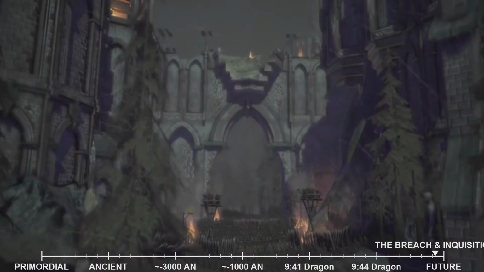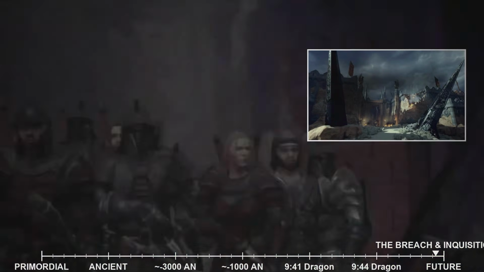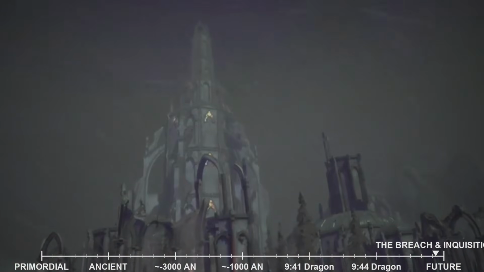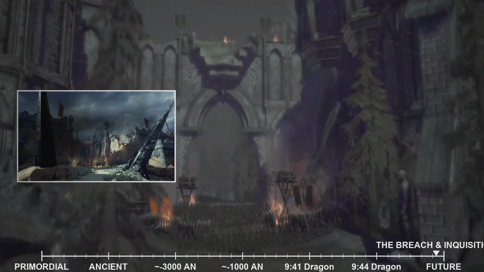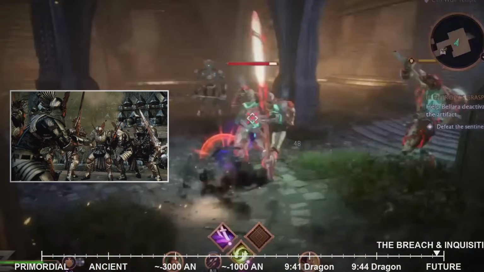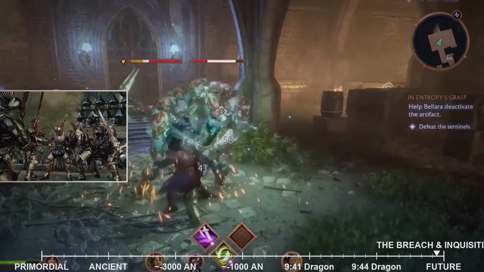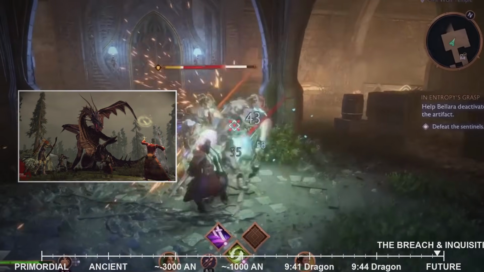Their path led them to Adamant Fortress, a formidable ancient stronghold located in the desolate western reaches of Orlais. This strategically important fortress had fallen under Corypheus's control and was being used as a staging ground for his final, desperate ritual. The battle for Adamant was fierce and brutal, a testament to the might of Corypheus's forces, which included not only his corrupted Tevinter mages, but also a legion of demons pouring forth from the breach.